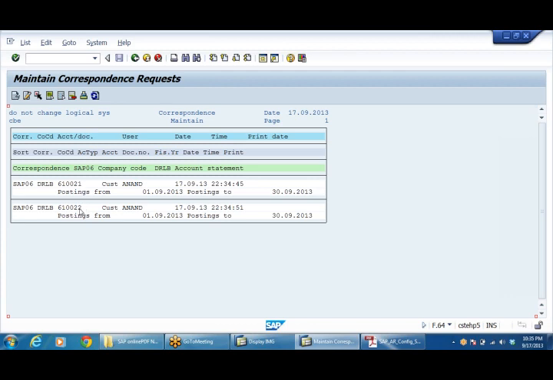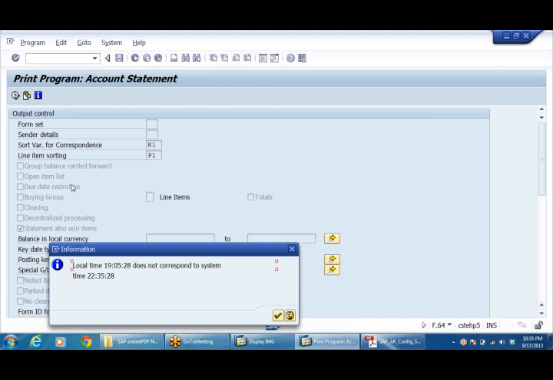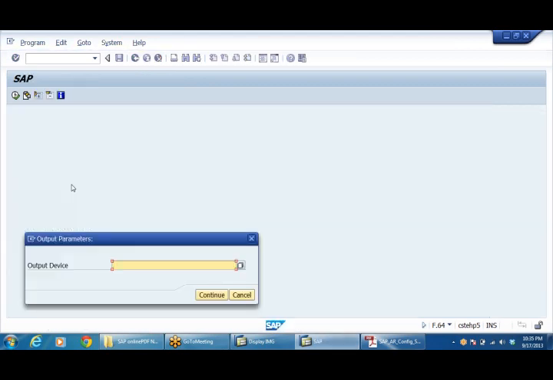Right, here 21, 22. Just double click on the customer number here, press enter, enter your output device LP01, continue.